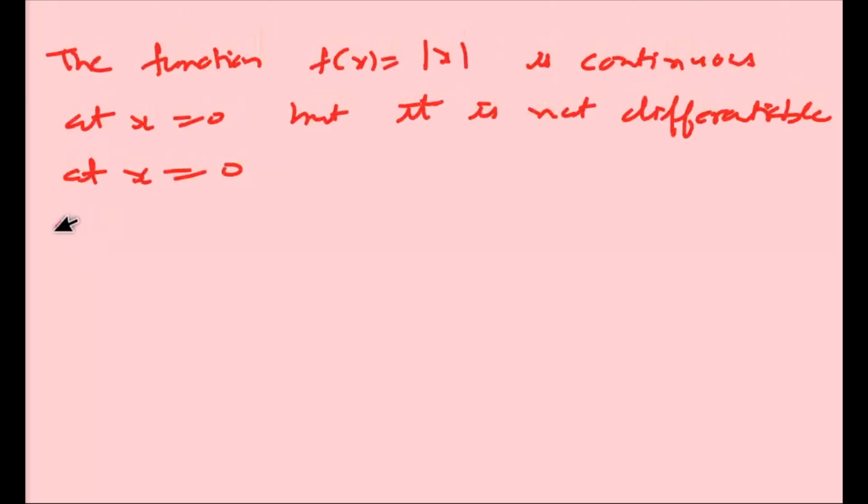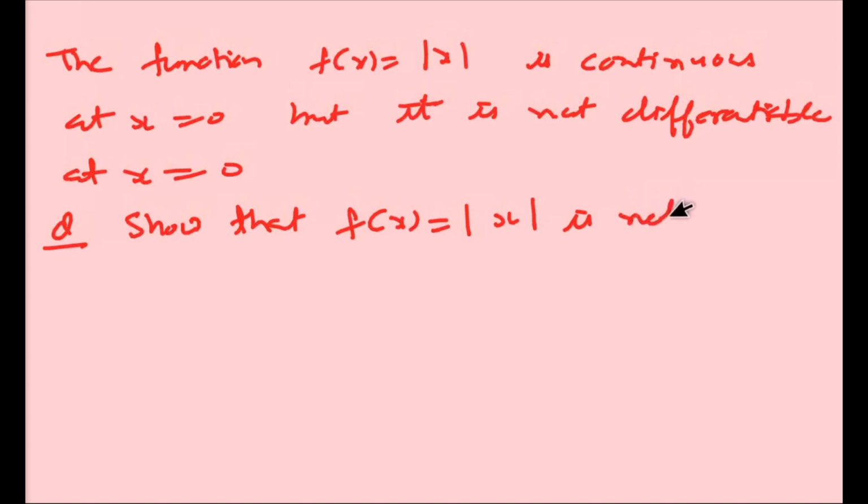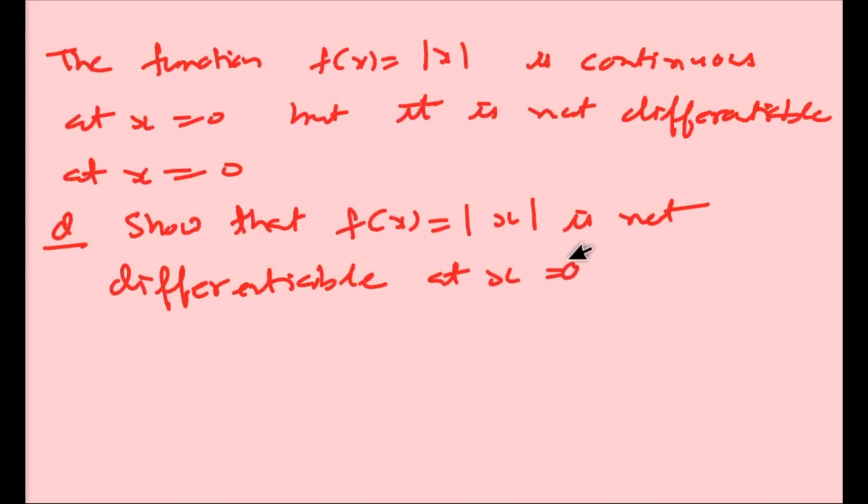Now the question is: show that f(x) equal to mod x is not differentiable at x equal to 0. If it is not differentiable, it means LHD is not equal to RHD. Okay, so